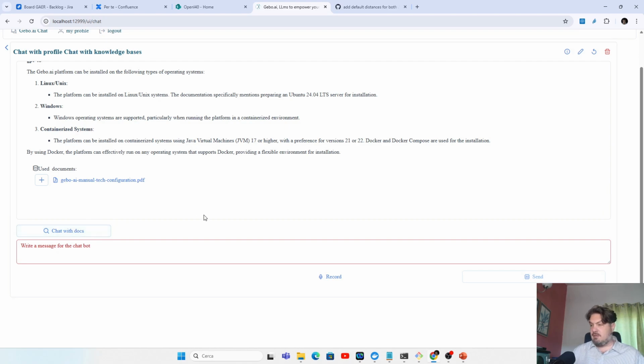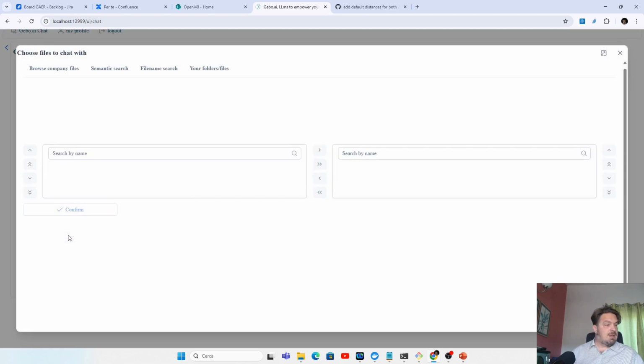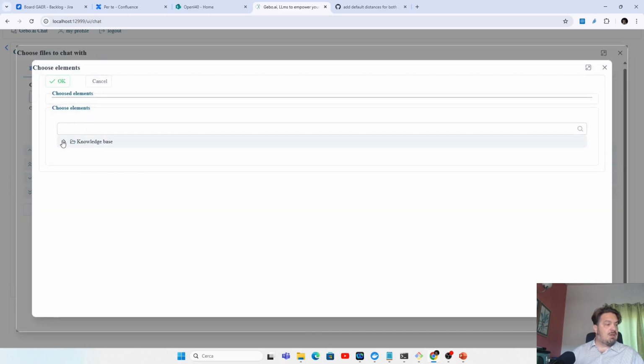Also, another interesting feature of this software is that it is specifically thought for enterprise knowledge bases. So by clicking this chat with docs button, you have access to all the company shared knowledge, of course, that can be accessible from you.